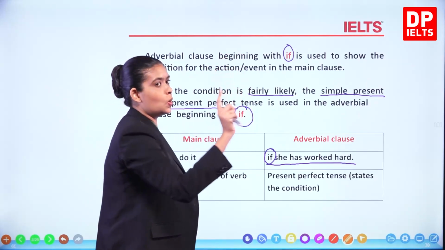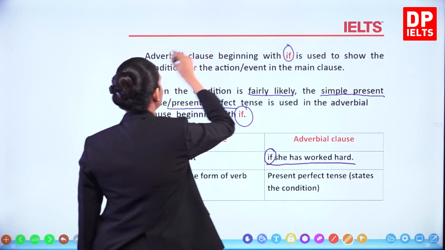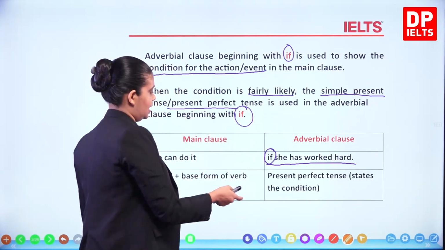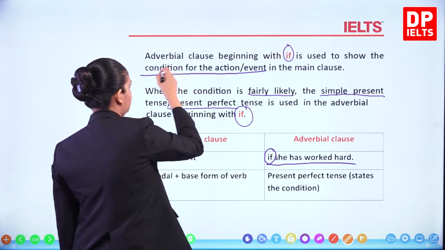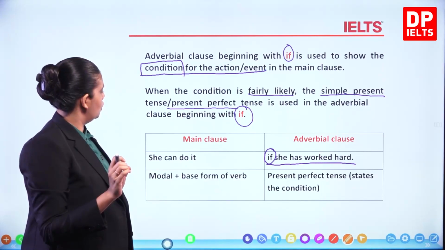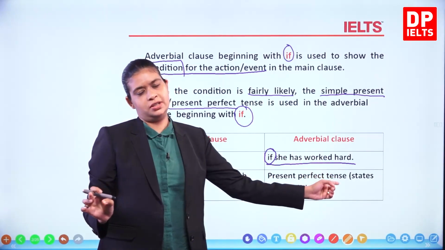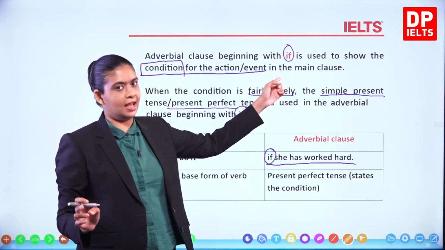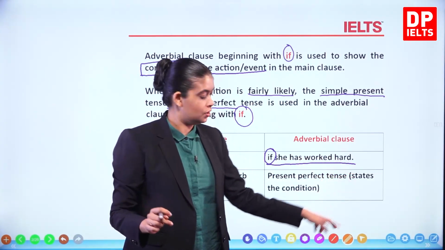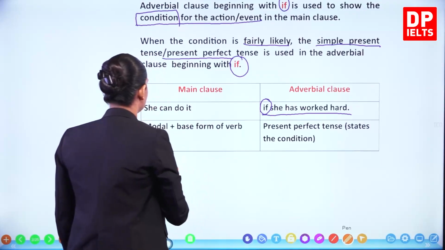The adverbial clause beginning with if is used to show the condition for the action or the event in the main clause. That word condition is very important, right? She can do it. What's the condition? If she has worked hard. Now, because this is fairly likely to happen, you can say she can do it if she has worked hard. Or you could use the sentence structure, she can do it